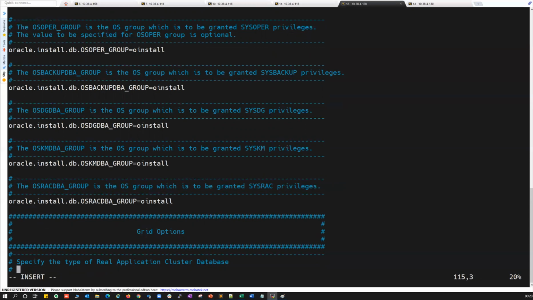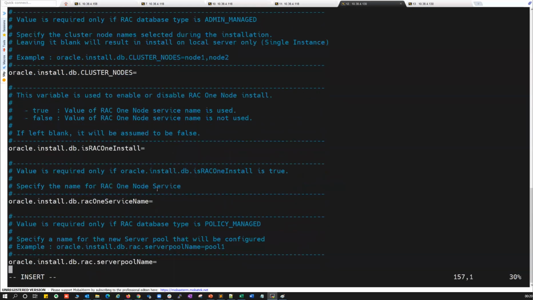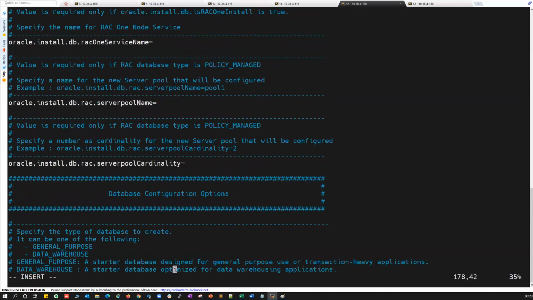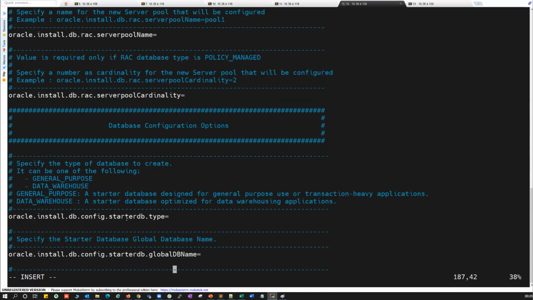Then what I'll do next, I'll directly go. There's one security updates option, I'll just make it false. These are things like RAC one node, DB RAC install, and cluster. Everything I'll just leave blank, as that is not mandatory and not needed for my configuration. I'll check what else I can see here. Install DB configuration. Okay, all these are not needed. So pretty much, I am done.